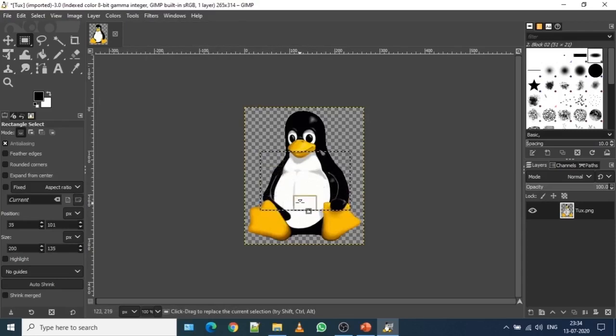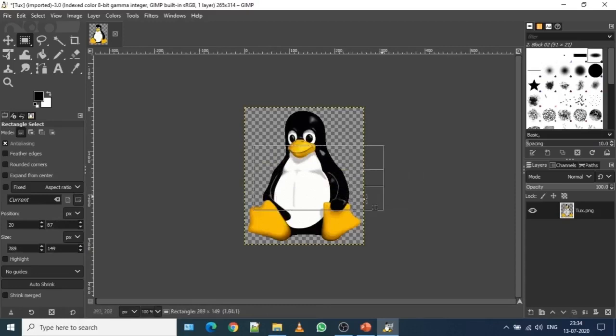If you hover your mouse at every corner, you will find a rectangular portion through which you can increase or decrease the size of the selected area. Did you see that?